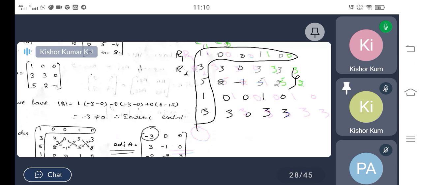So now consider the next 4 elements. Again do the same simplification. You will get 0 plus 3. That will be 3. Next you can move to the next 4 elements. The next 4 elements here are 3, 3, 5, 2. So when you have evaluated this, you might get 6 minus 15. So 6 minus 15 is minus 9. So after mentioning all these values in column 1, you have to move on to get the column 2